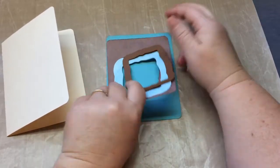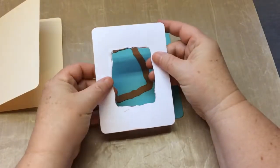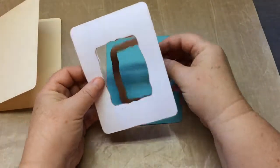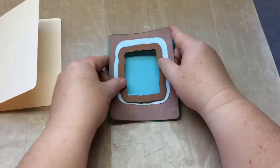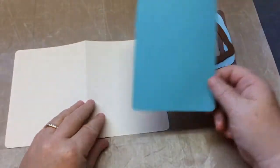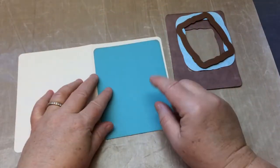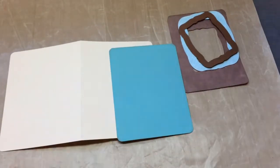There's also another insert that I sized to put behind the frames if you want to do a print and cut or something like that. But you could add a stamp. These are just card bases, so you can use them for whatever you'd like. You can use this top for the background mat on the front or print another one for the